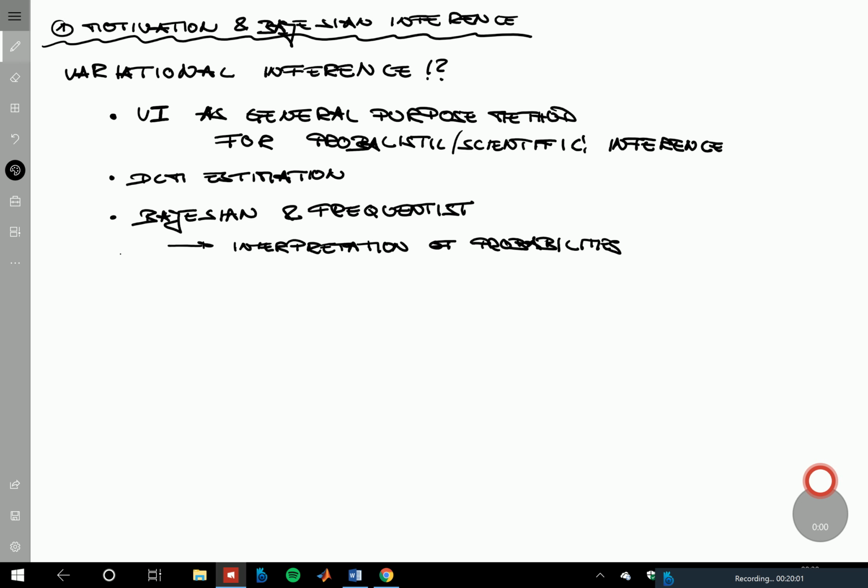The Bayesian viewpoint is more related to, let's do it like this. This is more related to quantifying subjective uncertainty, although there's also something called objective Bayes. But generally it's more about specifying or talking about probabilities, like the probability that Daenerys will die today on Game of Thrones is